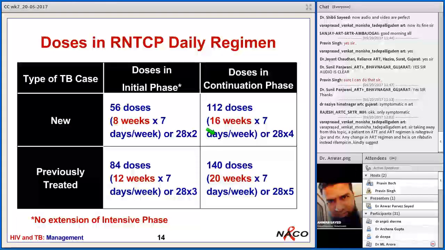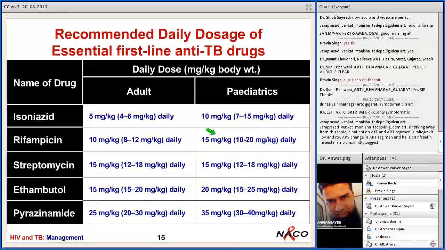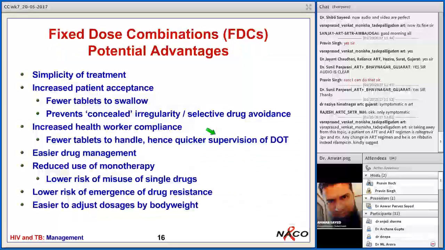In continuation phase, for TB, 1 month is again considered as 4 weeks or 28 days, because the treatment pouches we give are for 1 week. Those will be sufficient for the whole month. So the number of pouches we give is like that. In one thing, it is not weekly. Actually, 28 tablets will be present in one sachet, or sorry, one